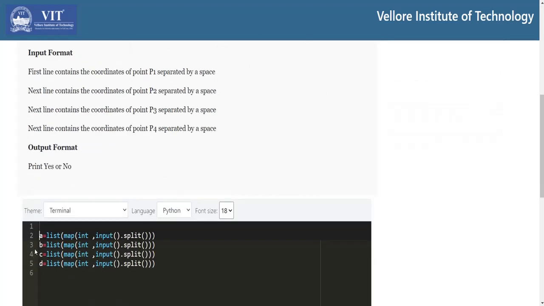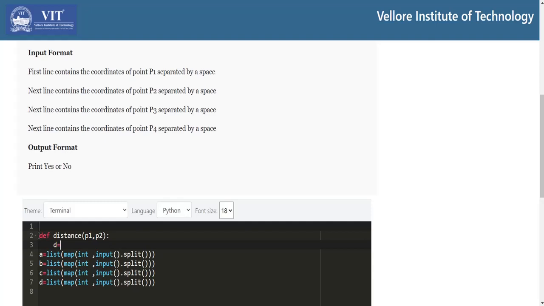2 points. For that reason, let's head towards writing a function named distance to calculate the distance between 2 points P1, P2. The distance formula is the difference between the x coordinates and their whole square, plus the difference between the y coordinates and their whole square. After summing up these values, we have to find the square root of the given value. So d equal to